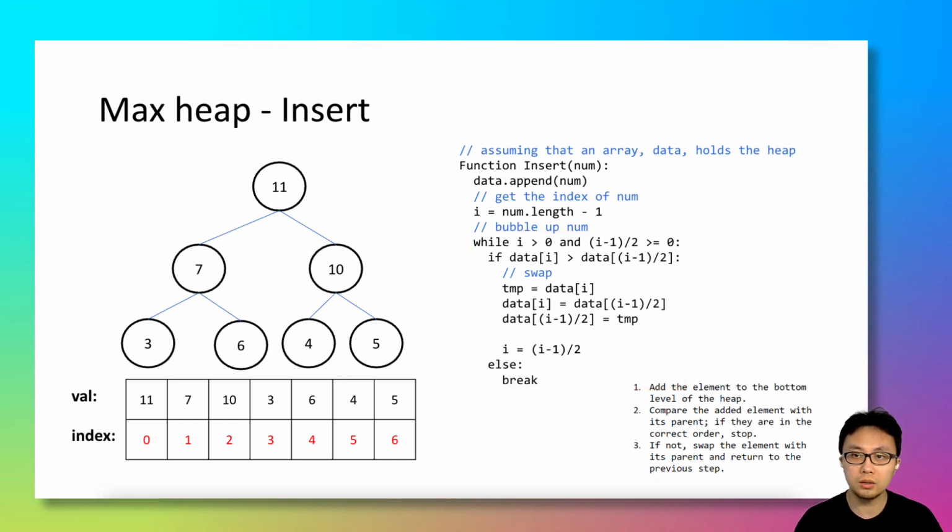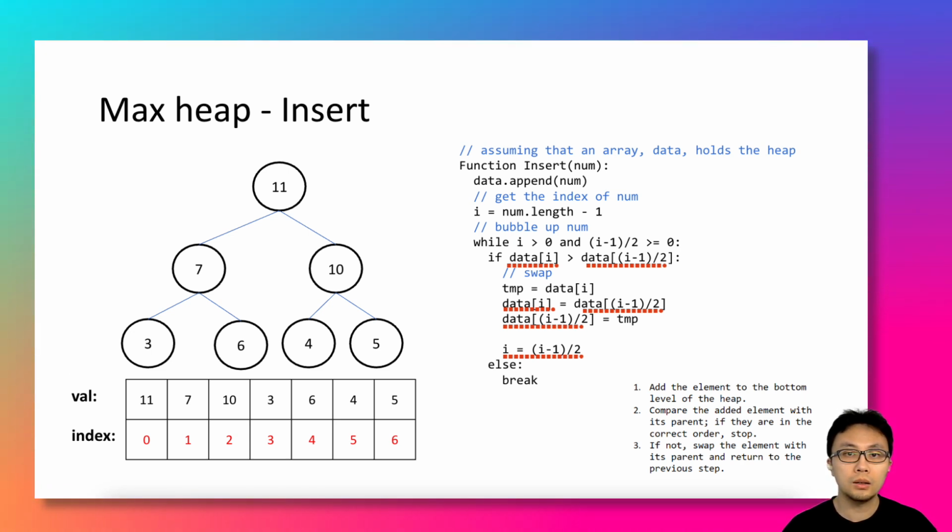If the parent is ever bigger than this newly inserted element, it means that the heap property is kept or restored, so you will break out of the while loop. Second, you rely on the generalized relationships among the indexes of a given node, its parent, and children to perform the swaps. For example,